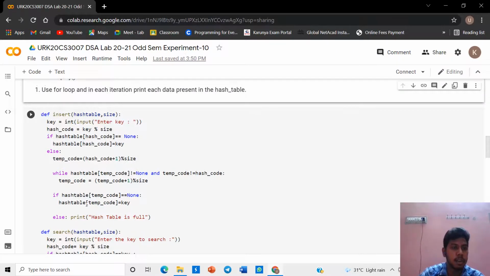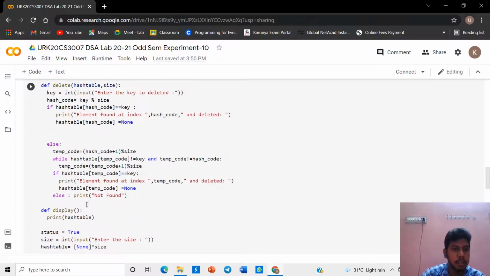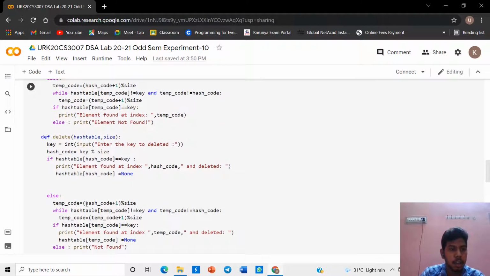And after that, we are going to see the delete operation. Whenever an element is to be deleted, compute the hash code of the key passed and locate the index using the hash code as the index in the array. Use linear probing to get the element ahead if the element is not found at the computed hash code. Whenever found, store a dummy item there to keep the performance of the hash table intact.